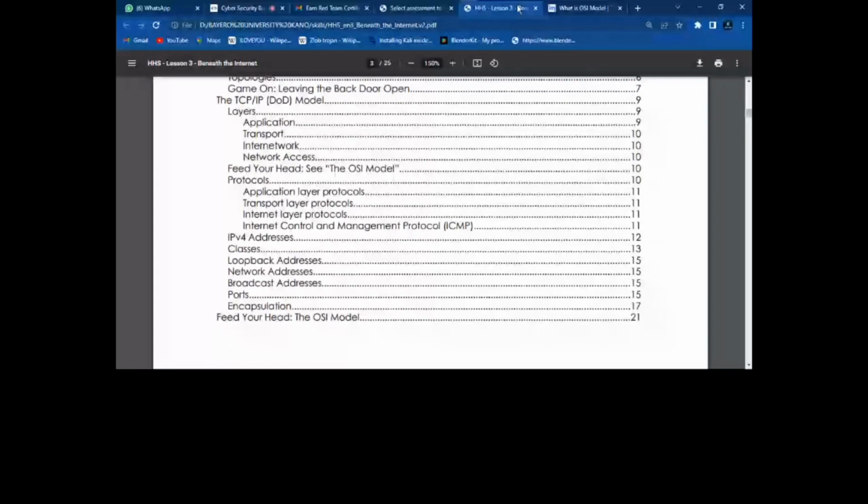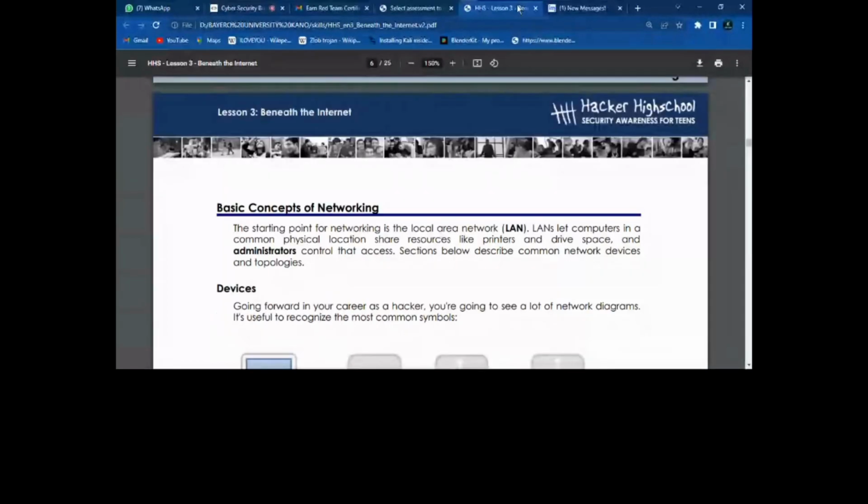The networking we're actually talking about here is computer networking. It can be a mobile, a laptop, a desktop, a phone, a wristwatch, smart glasses, anything. That's the networking we're talking about here. So in computing, we can define networking as the connection of two or more devices that communicate over